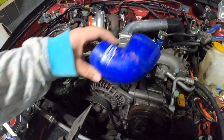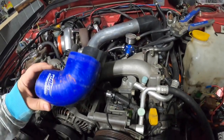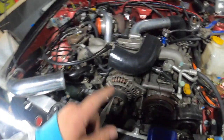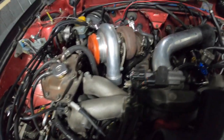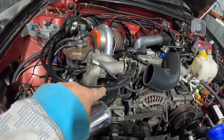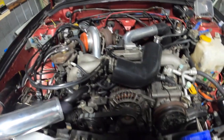Alrighty guys, got it out. The length difference, probably an inch on both ends. So I'm going to try to get this in and over the GT35 compressor outlet and see how it lines up down in that space down there. We might be able to just slide it straight on